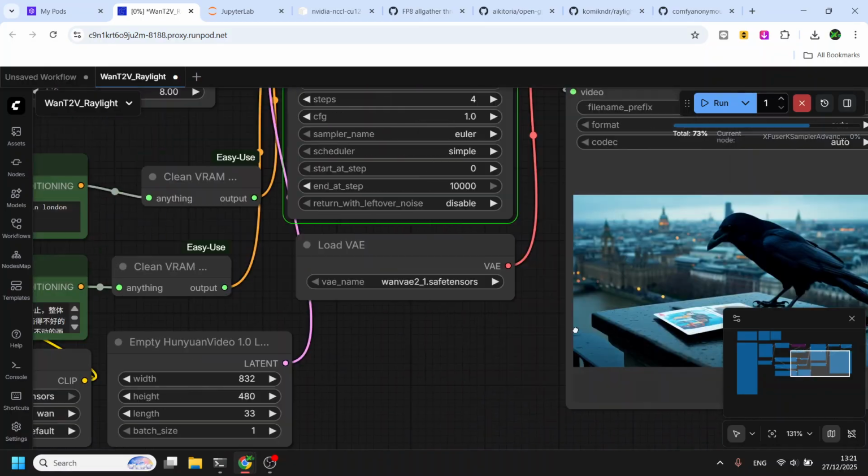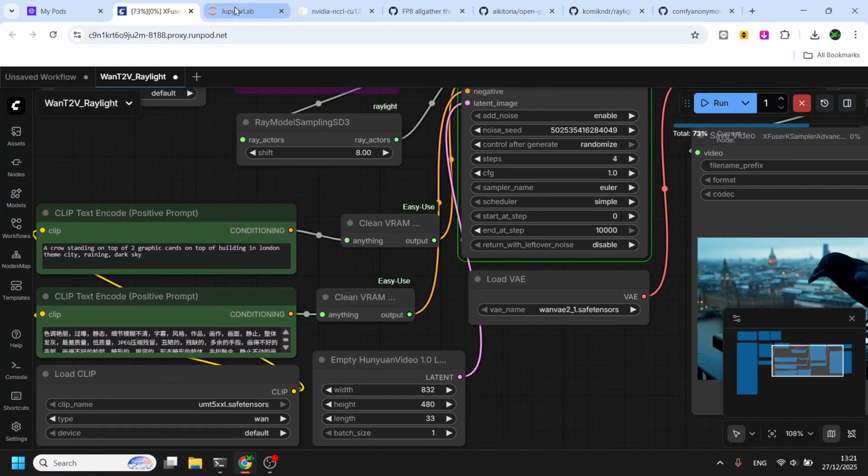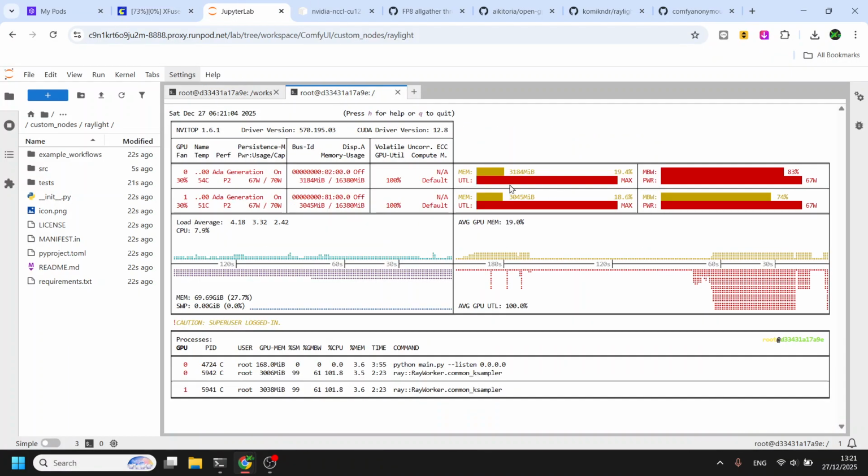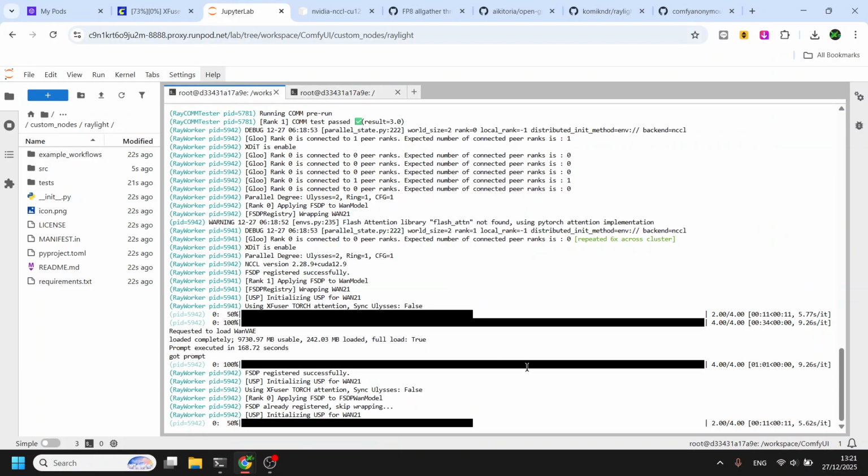Let's run it again. I love seeing these two GPUs being run. 5.62 seconds per iteration. I do not have the number for a 4050 since the RTX 2000 Ada is a 4050 with 16 GB of VRAM, so I should be getting double the performance, I think.